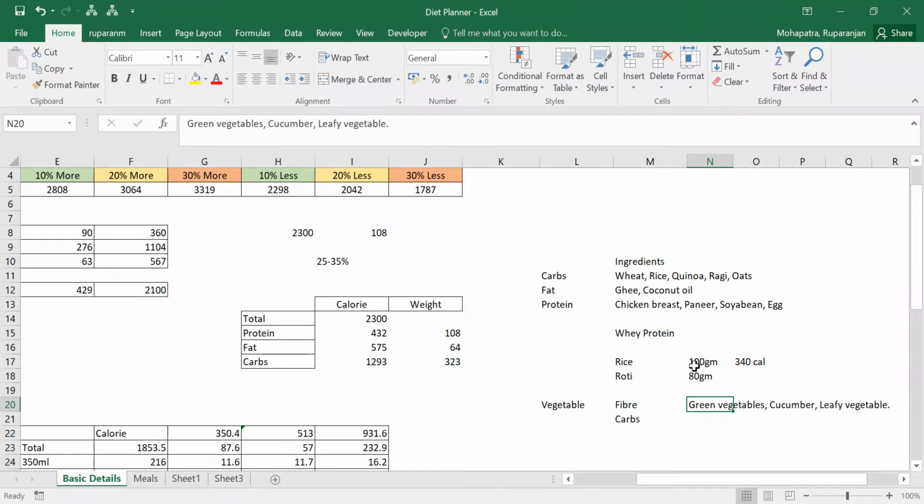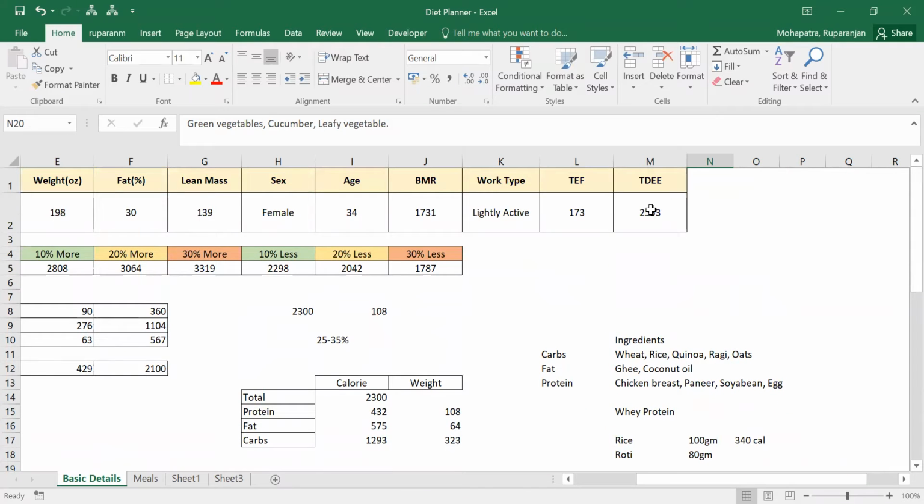So when you are eating everything in proportion, okay, like your daily requirement is 2553, and if you are eating 2300, so you are creating a deficit of 250 calories. Okay, so when you are reducing that 250 calories from your daily diet, then slowly the body will use your fat for the requirement of that 250 calories. Then you will start losing fat.